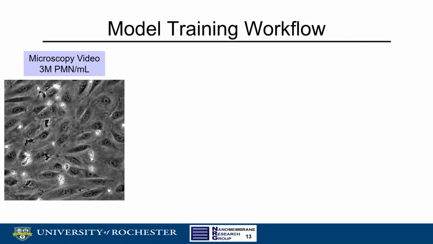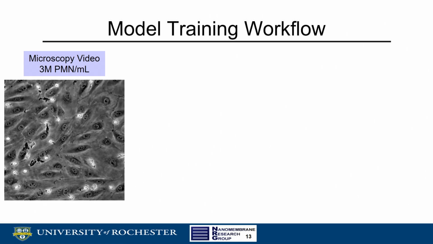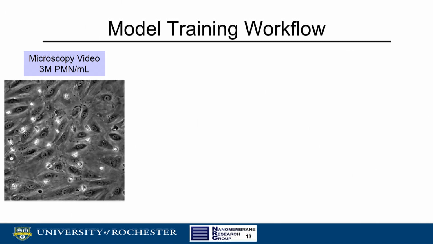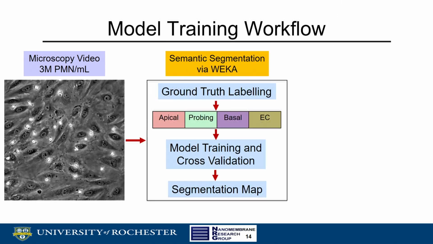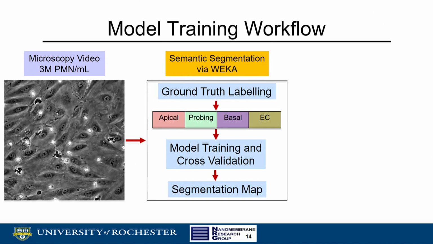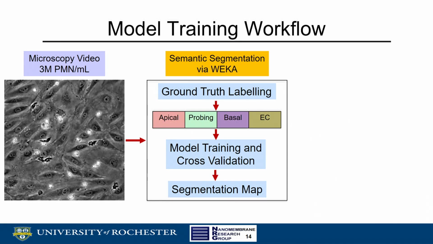Now note, we chose 3 million neutrophils per milliliter because that's a physiological value for neutrophils in the human body. So 3 million neutrophils per milliliter of blood, for healthy humans at least. So select frames from these videos then underwent ground truth labeling for our semantic segmentation algorithm, which really is as